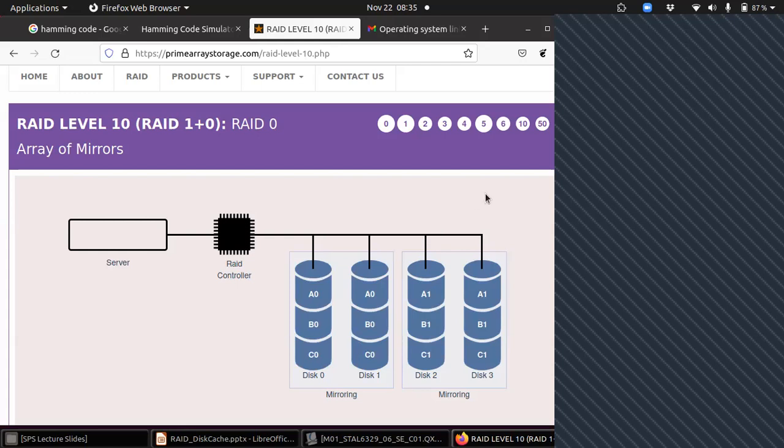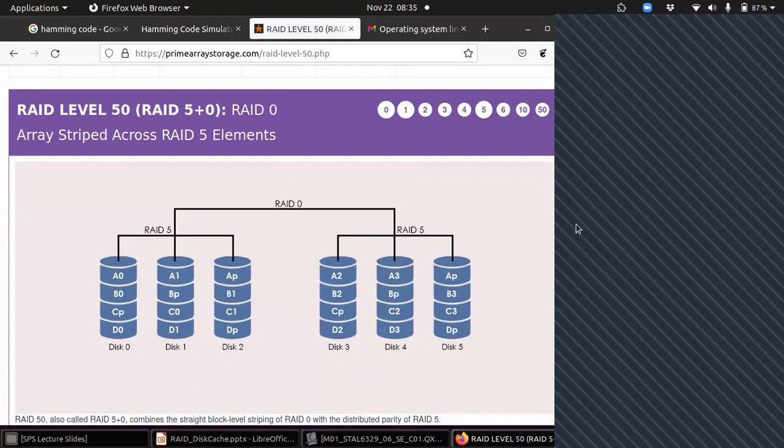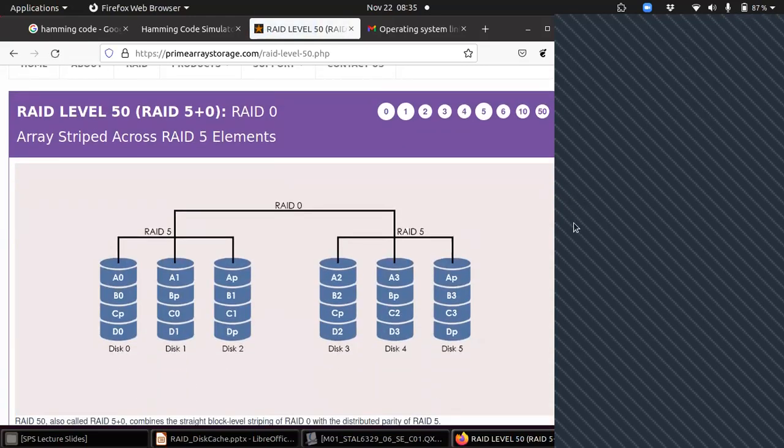Now, can you visualize what is RAID level 50? So this is RAID level 50, 5 plus 0. 0 is just striping. A0, A1, parity of A0, A1. A2, A3, parity of A2, A3.